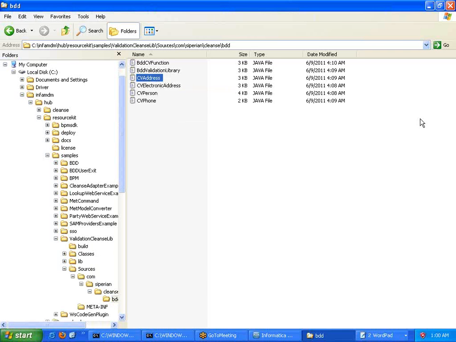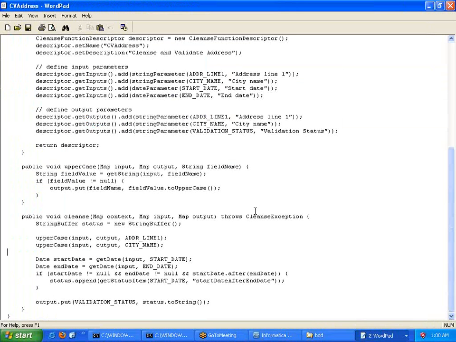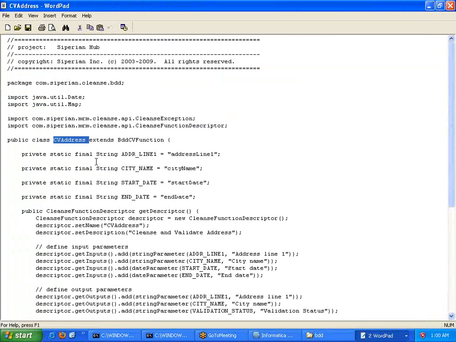So the same class can be seen here in the form of a Cluns function, which means the complete CV address class has been converted to a simple Cluns method. Now what we need to do is pass input parameters and get the corresponding out parameters populated.